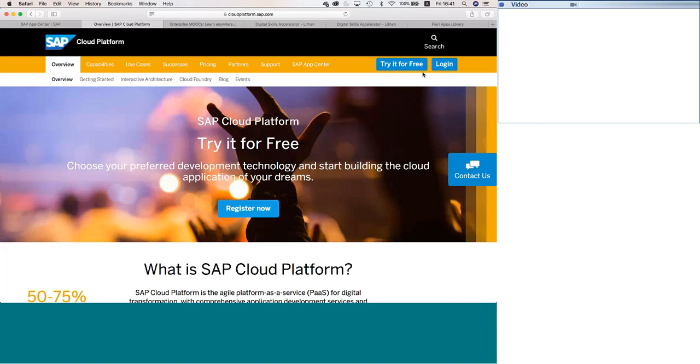You go there, register just like you register for any Gmail, and they'll give you one platform for you to do your applications. The catch here is you cannot go into production. You can do development and testing. You can't productionize it. And the amount of data you have access to, the amount of GBs, is very less. Of course, everything can't be so free.